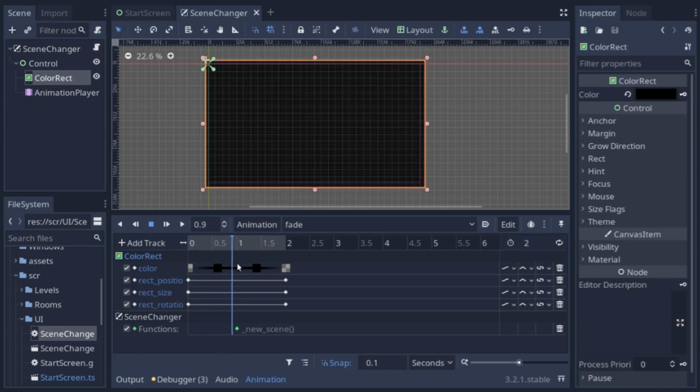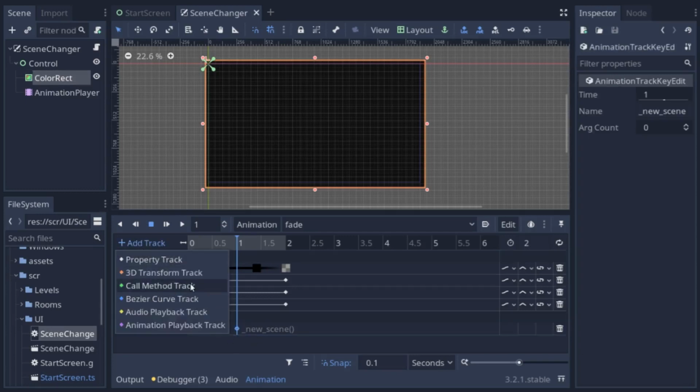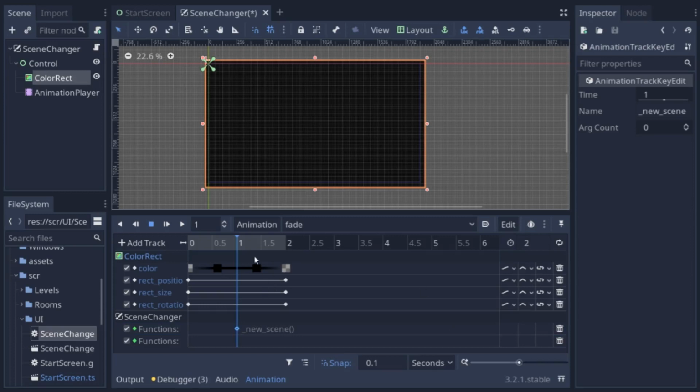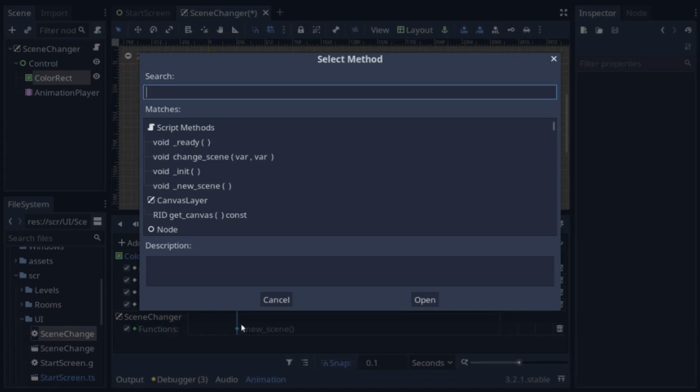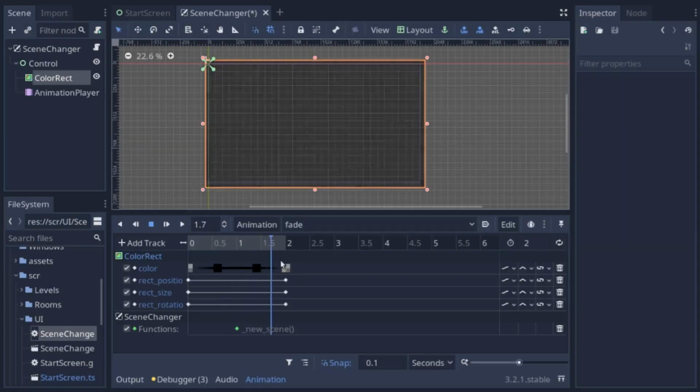I keyed it to fade in to black, and then I have a function that's being called. If you click Add New Track, you can call functions. Then you click the node you want to call the function on, and then insert key, and you can see a list of script methods that are on that node. I made a function called new_scene, and that switches the scene, and then it fades back to